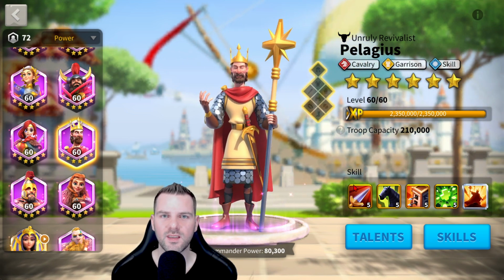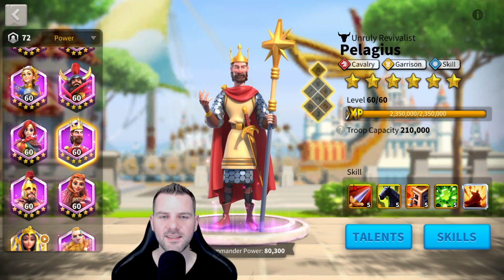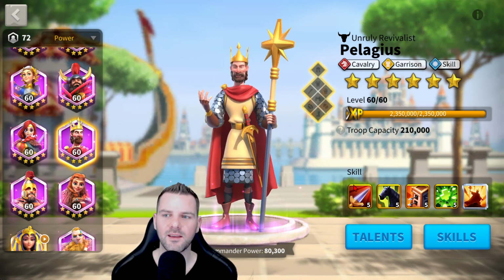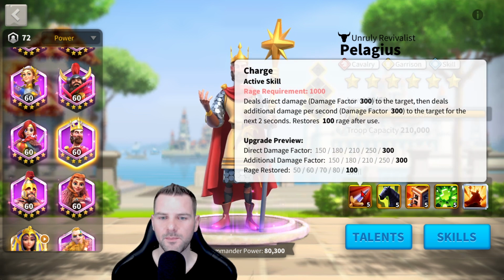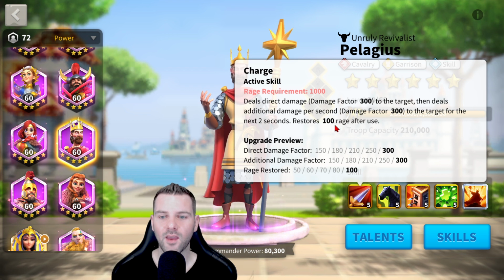They're going to go for those instead because they know they're dealing good damage. But Pelagius can deal a lot of damage, and he hides the commander behind him very well, and he's got the skill tree to cast off those skills quickly. So his primary is not a whole lot of damage, but it's not terrible. It's 300 damage factor to the target, then deals additional damage per second for 2 seconds. So that really comes up to 900 damage factor, which is really strong, and 100 rage